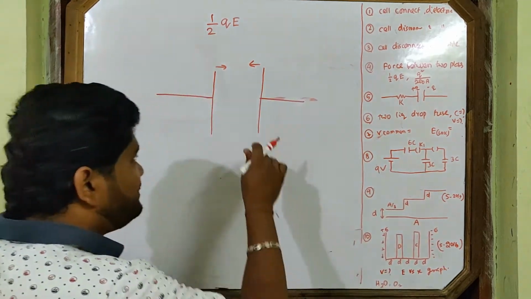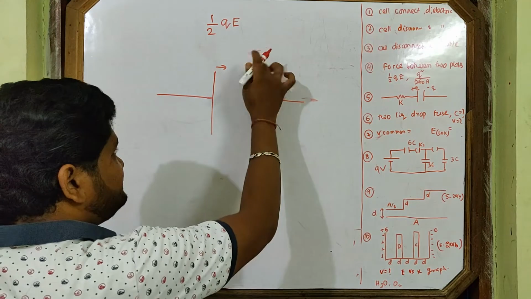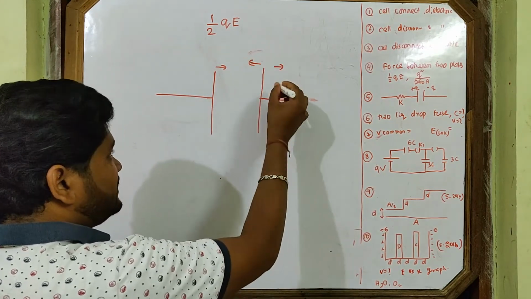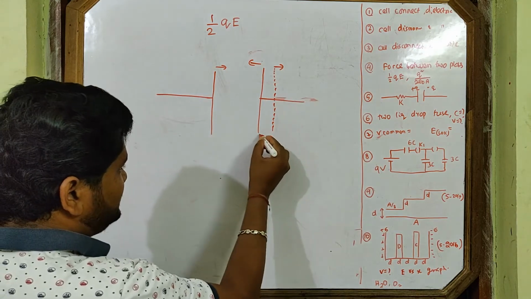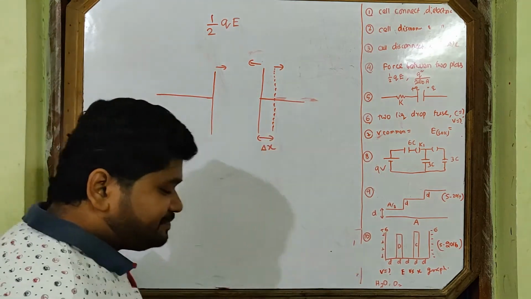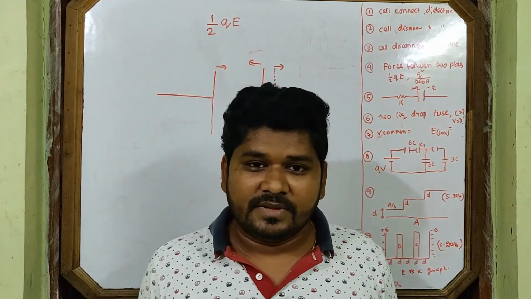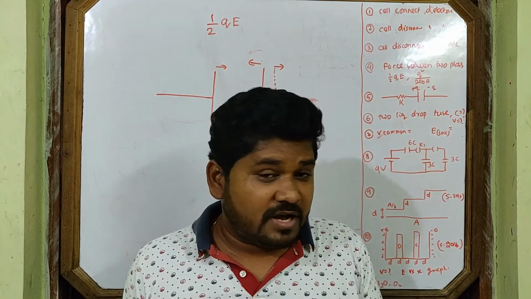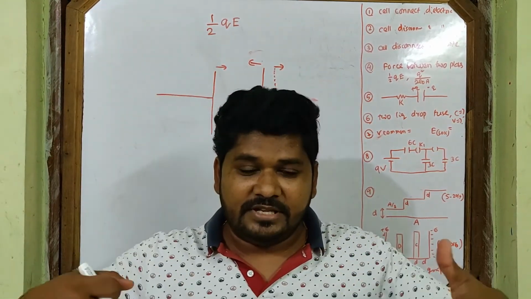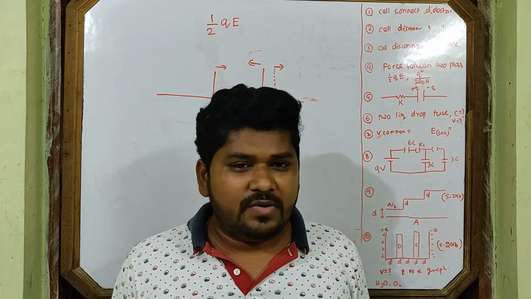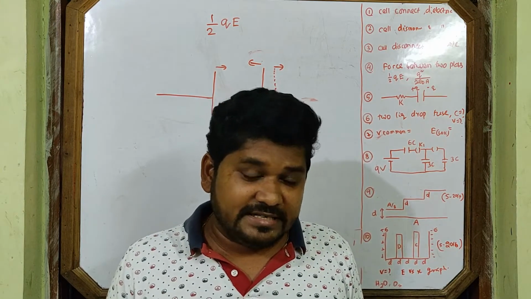Okay. Now let's apply one opposite force to this. One opposite force to this in this direction. And try to separate and bring this plate here. Shift it by delta x distance. Shift the plate by delta x distance. Okay. And how much force do we apply? The same force that is between them. That much force I apply. And when I apply some force, I do some work. The external agent did some work.